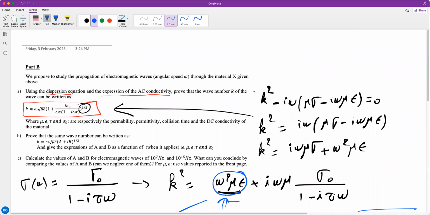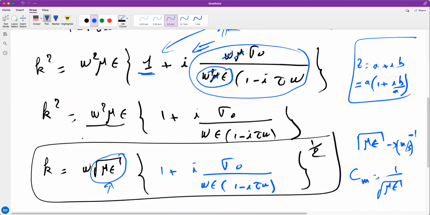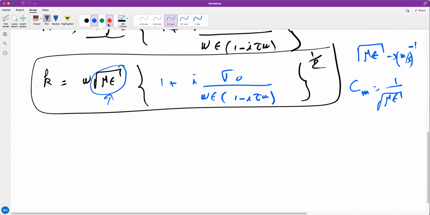Now we prove that the same wave number can be written as this. To prove that k is equal to omega square root of mu epsilon, all right, this is already given,